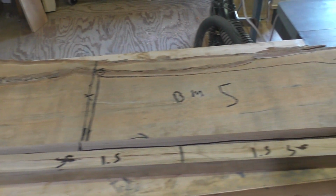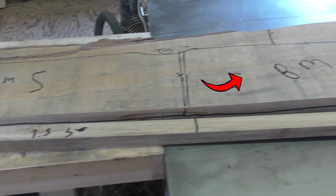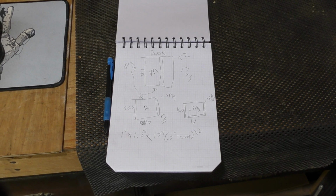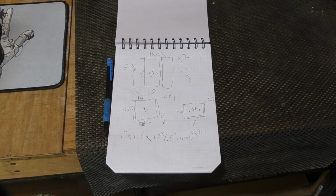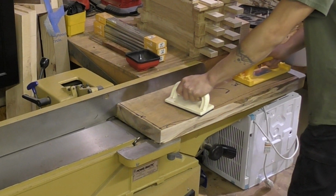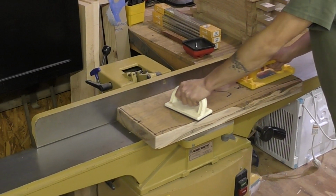Now to do that, I need to take this section of wood and this section of wood and make them a lot wider and thinner. And just because only kindergarten teachers can read this blueprint on how I'm going to do that doesn't mean it's not a good plan. After breaking down the left half of that slab into smaller chunks, I headed over to